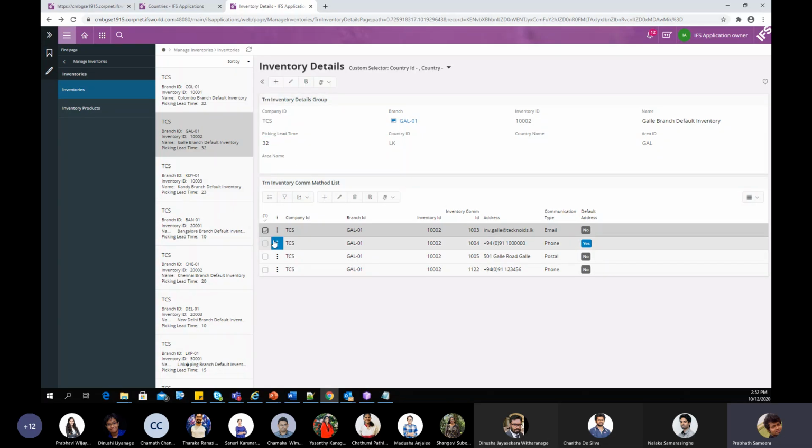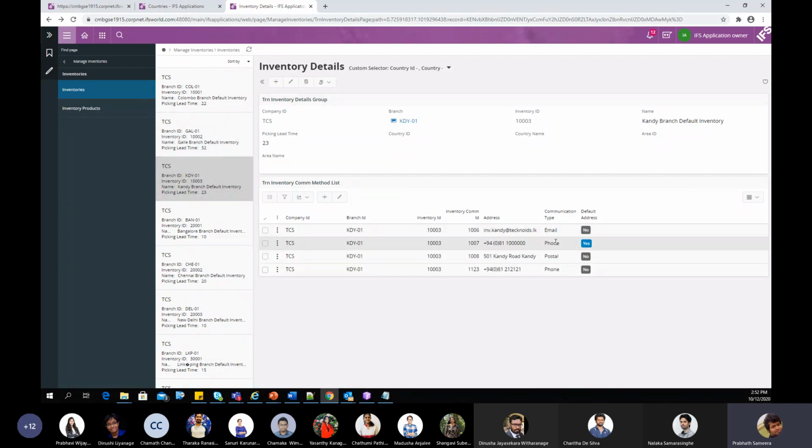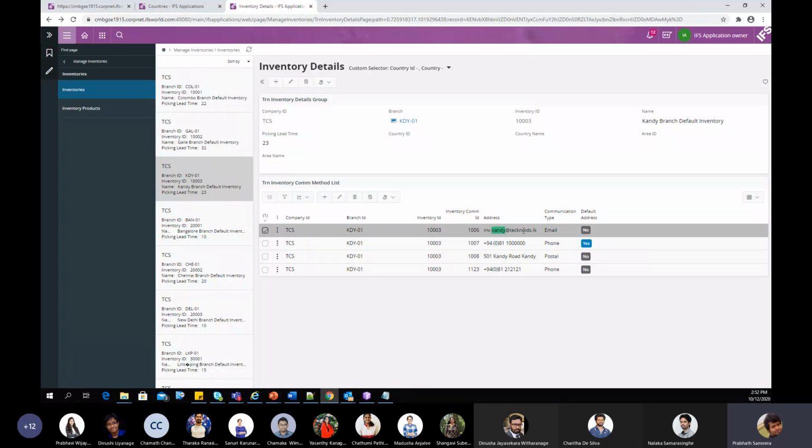And for the list there are also three edit modes. The first one is single cell edit. You can edit the single cells. Actually here it is not enabled. The other one is single row edit. You can tick that box and then use this option. And the other one is multi-row edit. You can select multiple rows and then edit them. These are some edit modes used in Aurena, and